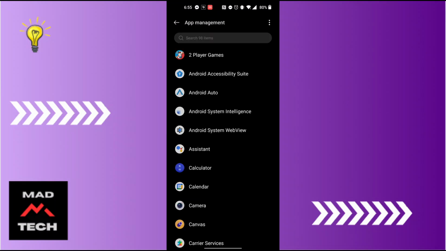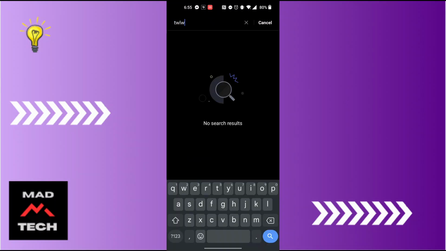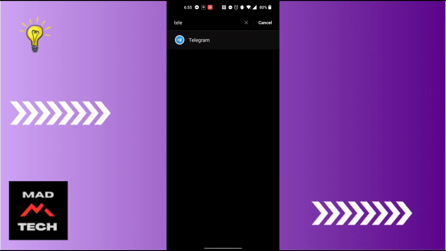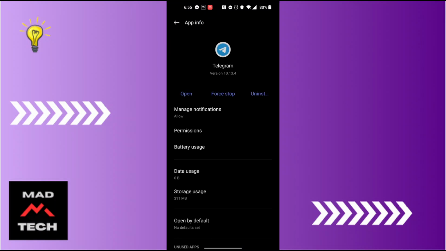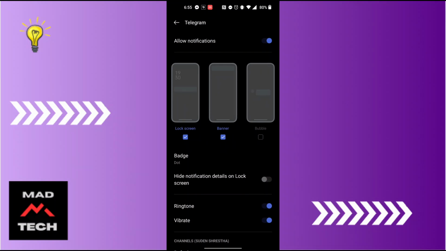And over here guys, when this appears at the top, again there is a search bar available for us. Tap over there and search for Telegram and open it. And when this interface appears, you can see there is the manage notifications option available for us. Just above the permissions, tap on manage notifications, and this kind of interface will be here for you,